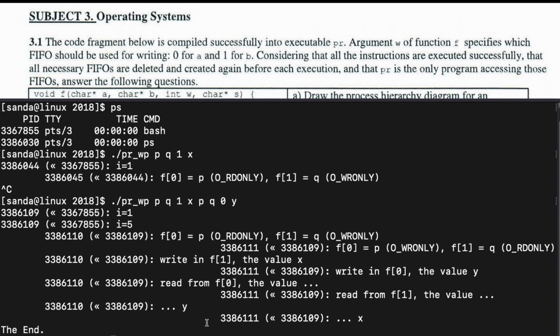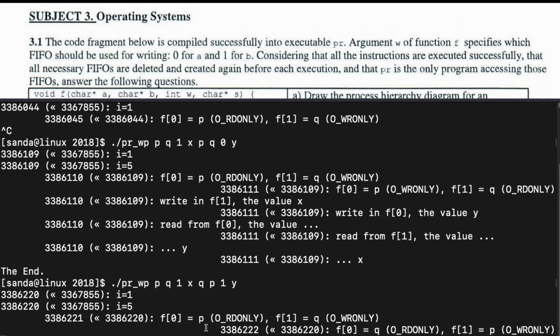Next, we are running again the program with the arguments as specified in requirement E. So PQ1X, QP1Y, and we see here that the two processes are created, and the first one tries to open the P FIFO in read only, and it blocks here waiting for another process to open the same FIFO in write only, but the second process